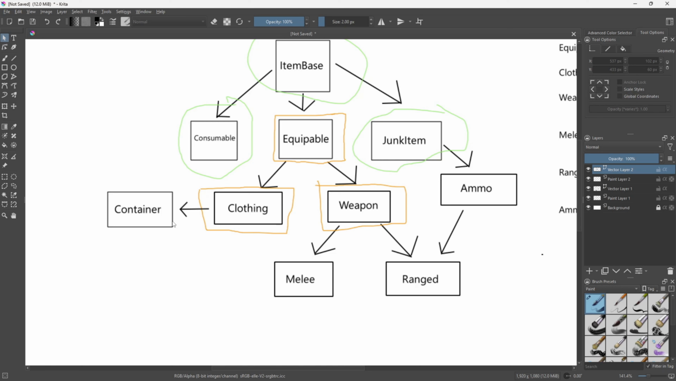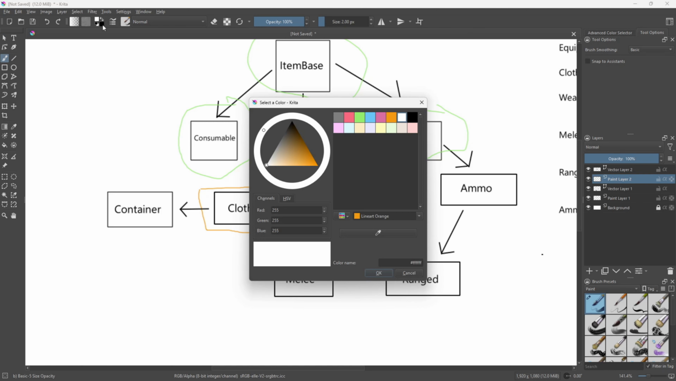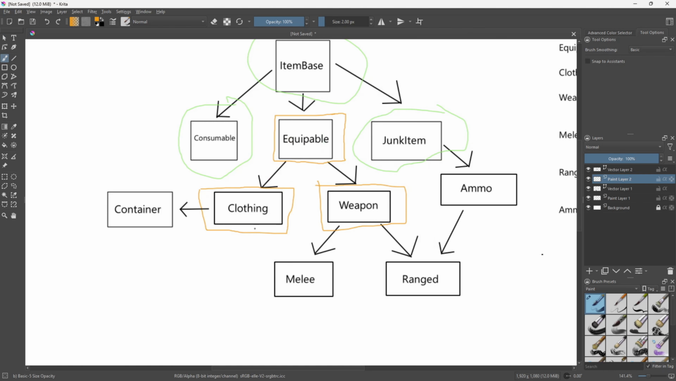So for that, we would want to have a separate subclass of clothing that is dedicated for containers, because it's going to have some of its own unique logic, like its own inventory storage space, or however I decide to do that. I haven't actually figured out how I want to do that yet compared to